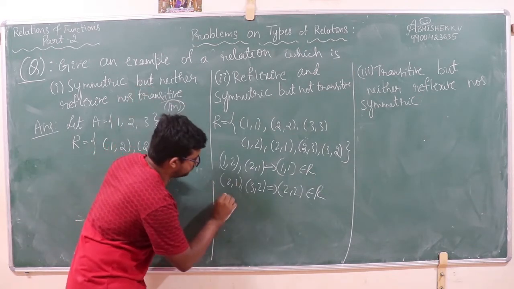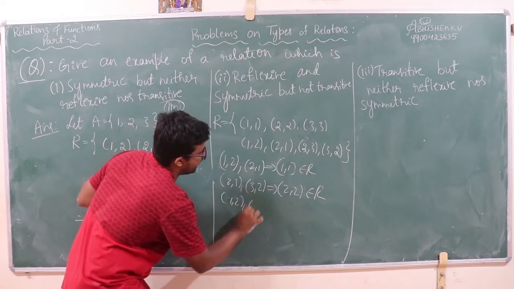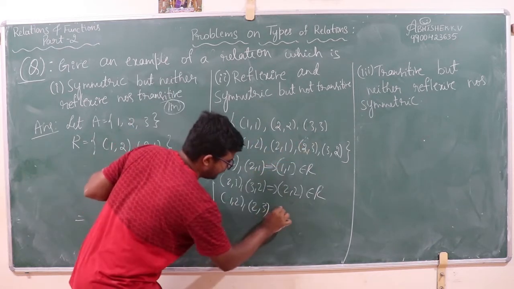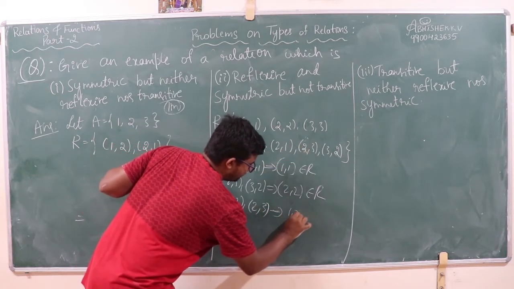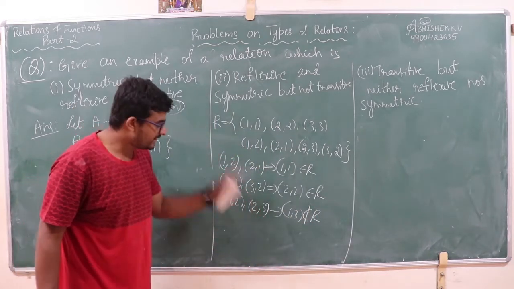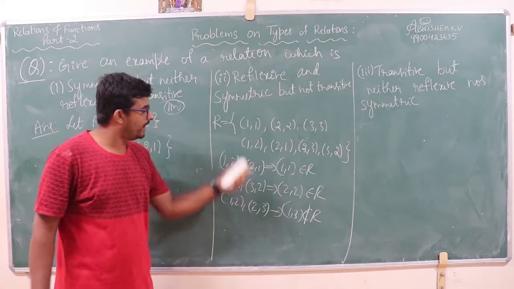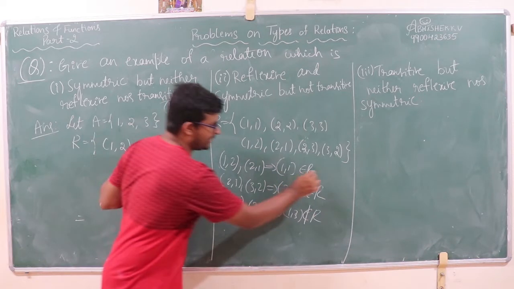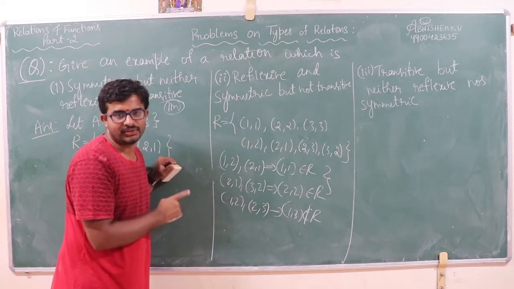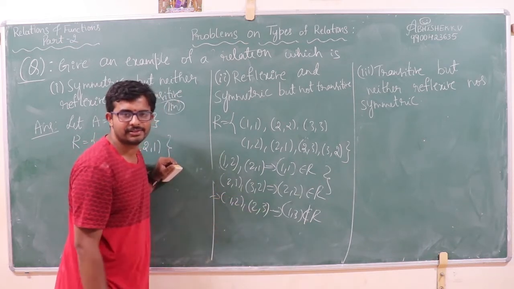See, if I consider (1, 2) and (2, 3), that is (a, b), (b, c), this implies (1, 3) does not belong to the relation. To prove it is really transitive, it should satisfy all the ordered pairs from the given relation. From these 2 pairs, we are not going to say the given relation is transitive. We should check all the possibilities. From this, it is not transitive.